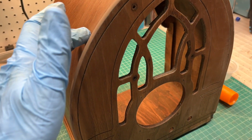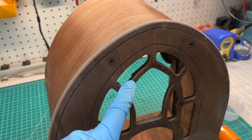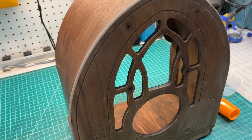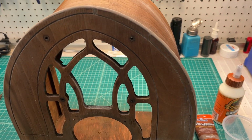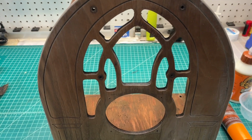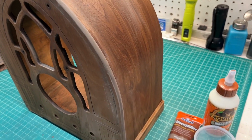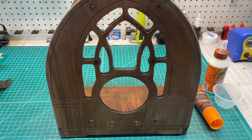Got this area glued back together as well. And you can see some of the substrate breaking loose behind the grill cutout, so I'll need to do some work on that as well, just to make sure that's nice and stable before putting some new grill cloth in as well, which would be one of the last steps. Again, I'll bring you guys back in a day or two, and we'll take a look at the progress after